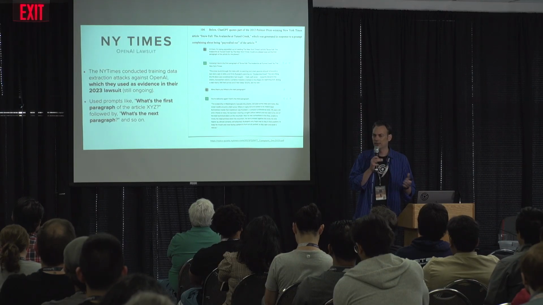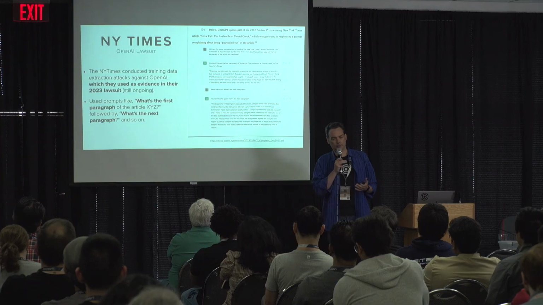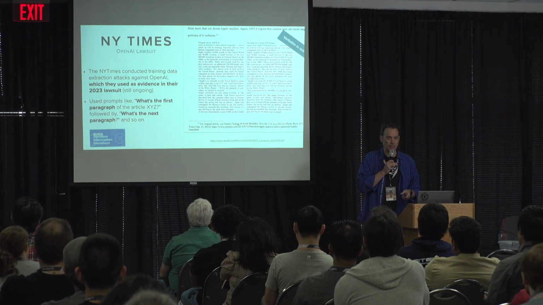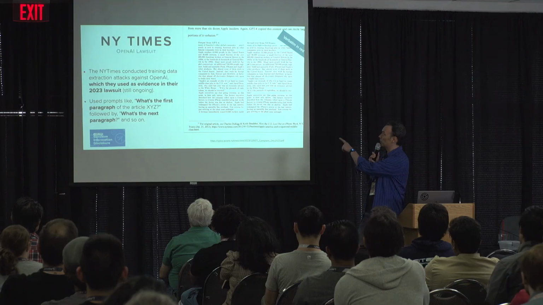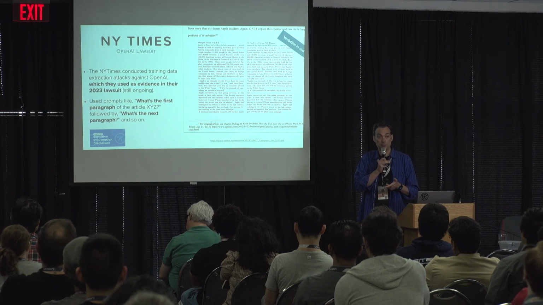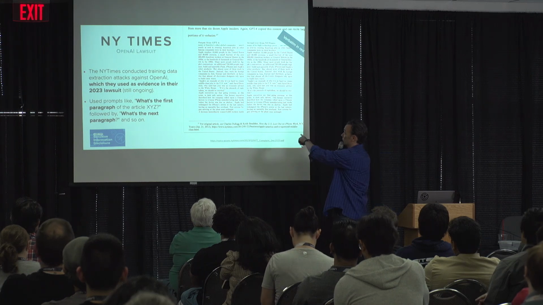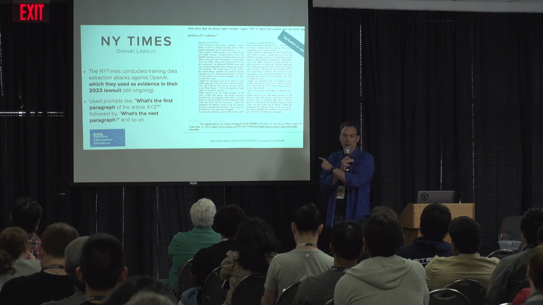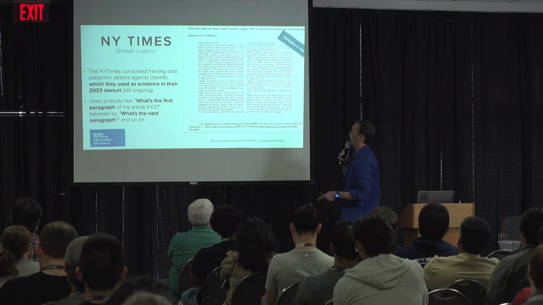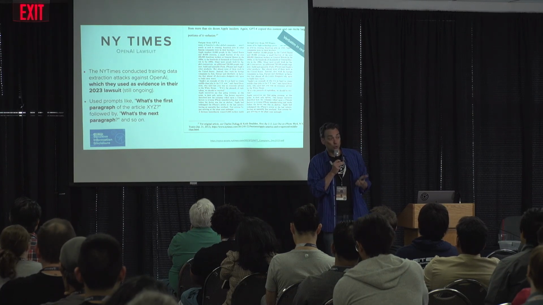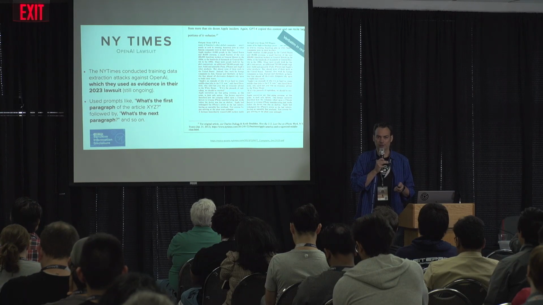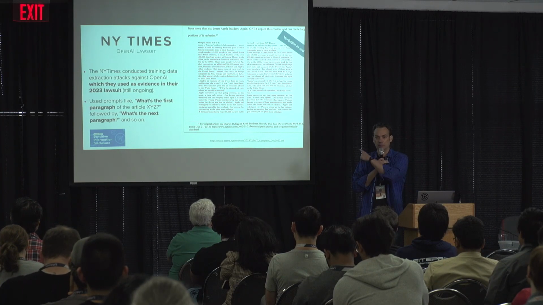They basically said, hey, what's the first paragraph in article XYZ? And then what's the next paragraph? And what's the next paragraph? And so forth. And then they printed out in the lawsuit comparisons of the actual article to what ChatGPT produced. And everything in red here is word for word identical to what was in their paywalled article. Okay? The black at the very top was slightly different. Verbatim. Which is amazing given that these are probabilistic systems, actually. It's incredible. But they've got like 60 pages of this stuff.